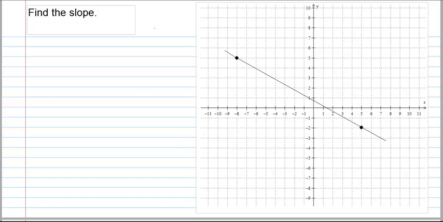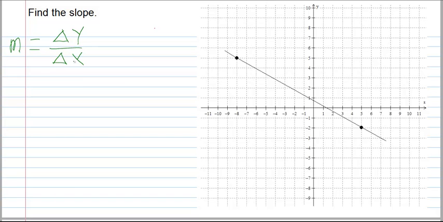So let's find the slope of this line. Now, there are really two ways to find slope when you have a picture like this. One is to use a formula. The other is just to calculate rise over run. Remember earlier we said that the slope of a line is the change in the y over the change in the x. Well, the change in the y is describing the rise or fall of the line. So we actually call this rise. And just keep in mind that rise can also be fall,